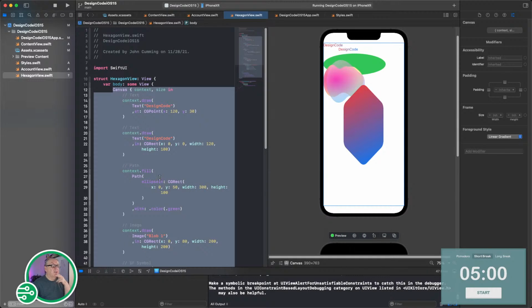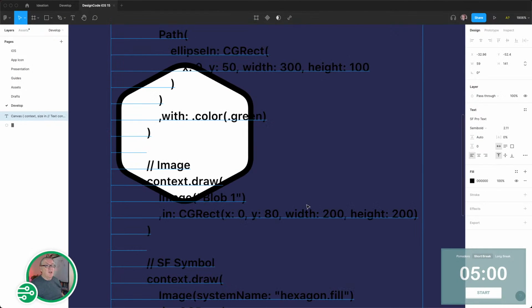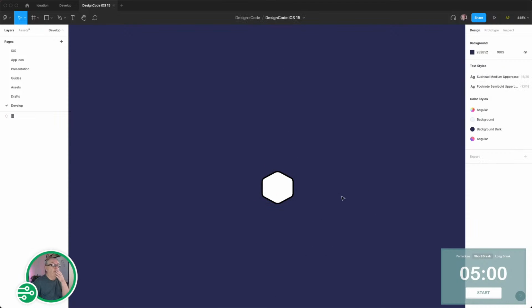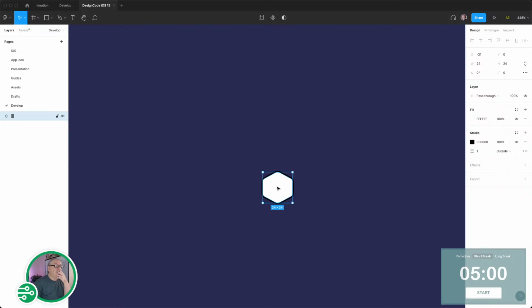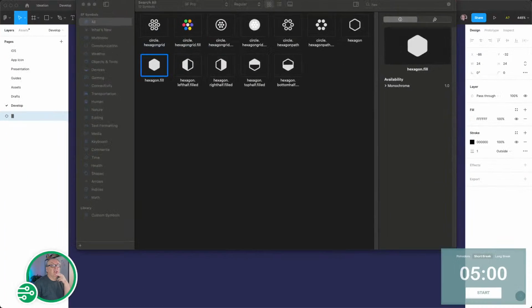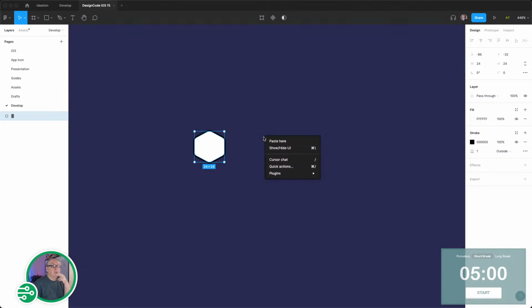I'm going to do it anyway. I'm going to hit copy and then go back over to here and hit paste, and nothing will happen. Copies the text on that. Well, I got it from SF symbol. Well, let's do the SF symbol route again. So we'll copy the symbol and we'll paste it here,